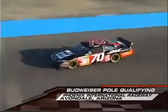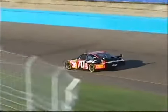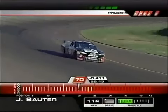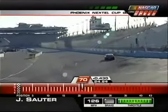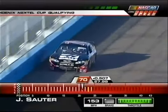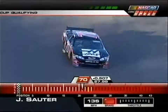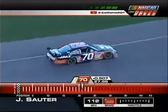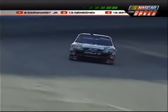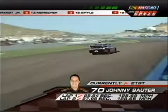Johnny Sauter in the Haas Automation Chevrolet. Got a little aggressive on the first lap, then he's locked into the show and timed in at 28.64, but where he had the problem off turn 4, that'll likely hurt both qualifying laps. He does get under 28 seconds, just barely. He's 21st. Yeah, that killed his second lap because he just couldn't get back to the throttle off turn 4,